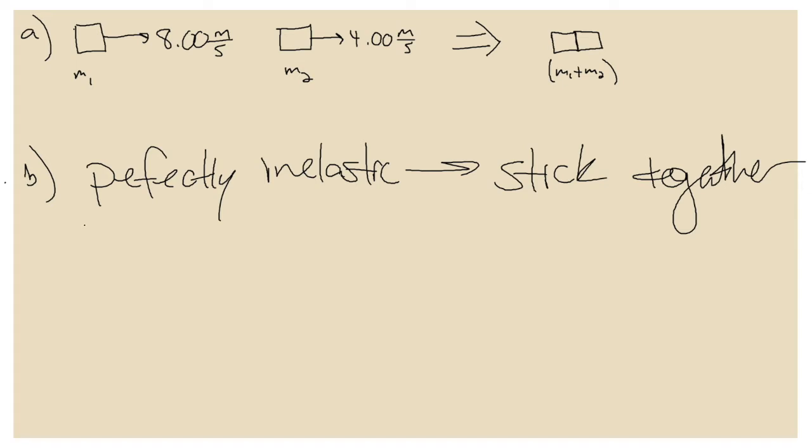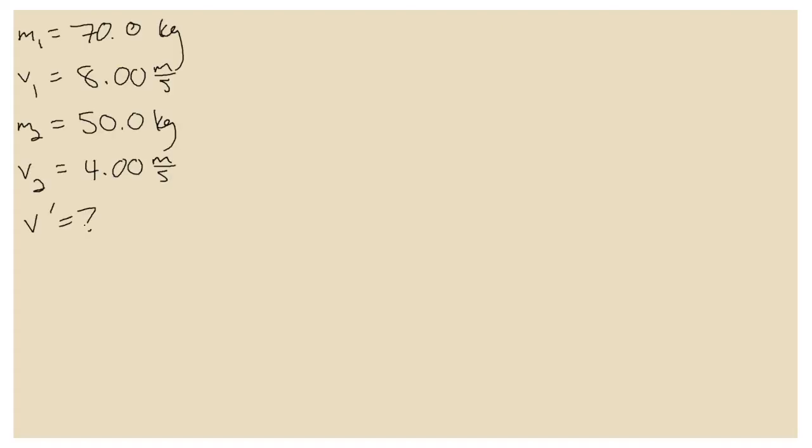There's a very good reason why it's not going to be 6, but it at least makes sense on some level. The speed should be in between the speeds of the two objects. And so 6 seems like a reasonable prediction. What I want to do here is go ahead and do the calculation and then talk about why 6 really doesn't make sense, because whatever the answer ends up being actually really does make sense if you think about it